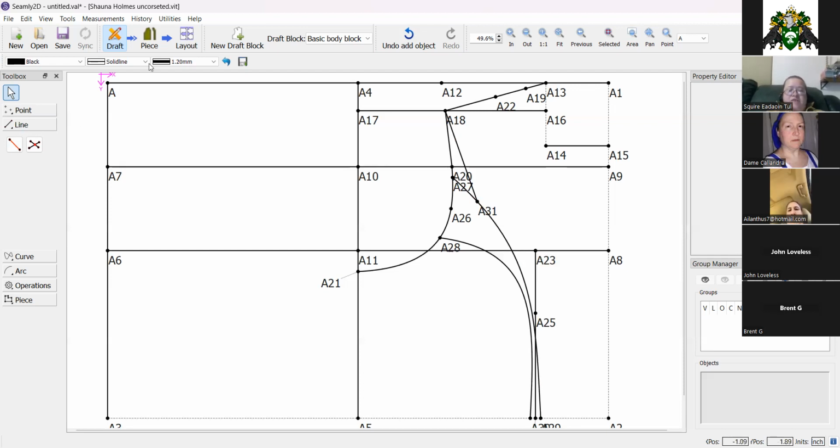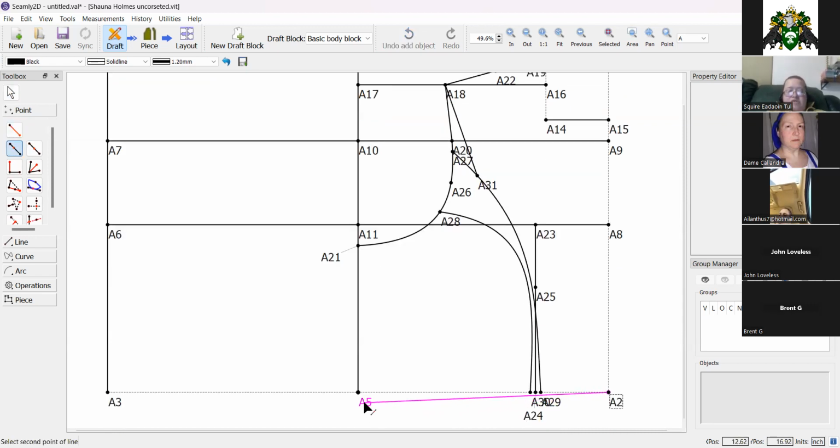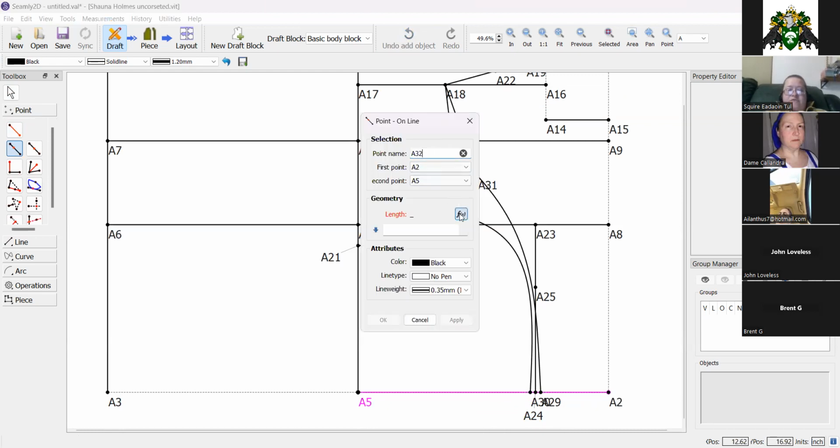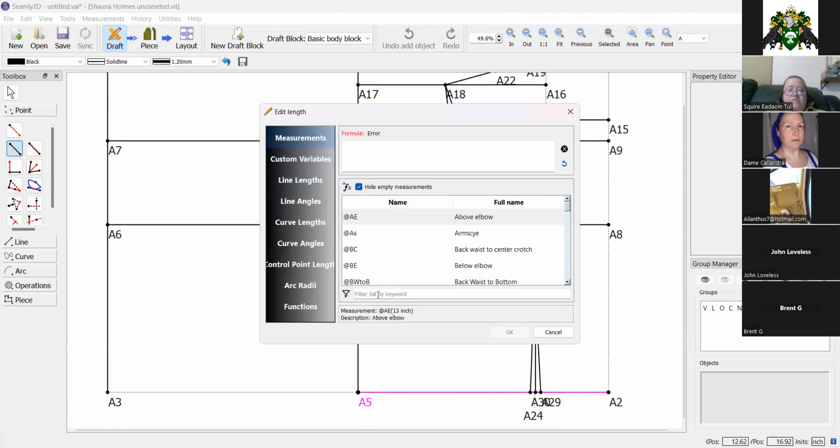So the next part is, oh, the waist. I forgot the waist. Waist is pretty simple. Points on line, A2 to A5. You want to do